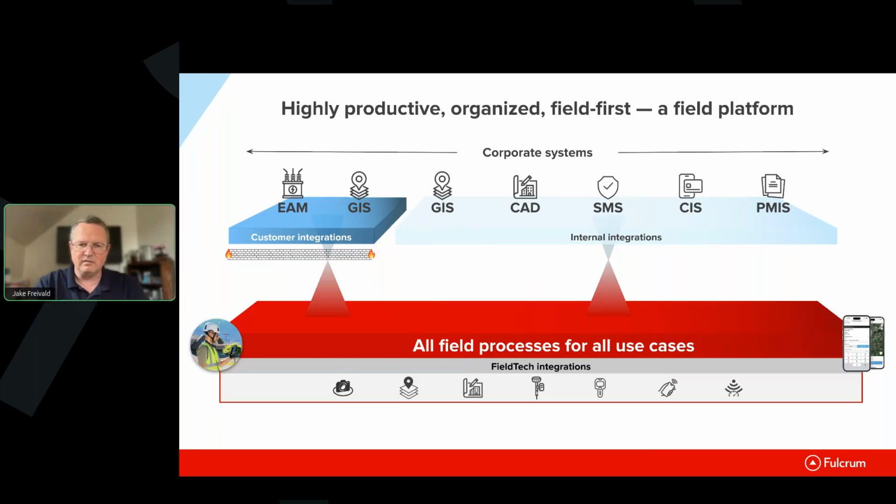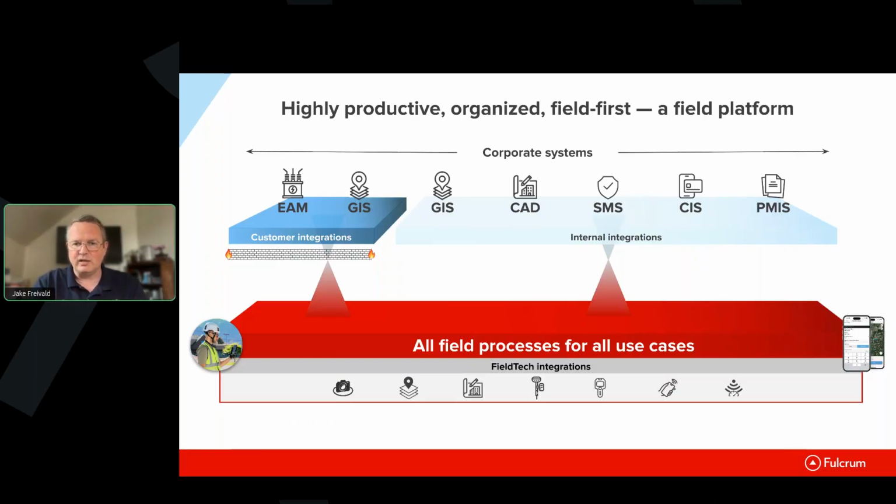All of the field tech hardware can be integrated into the platform itself, so you're not using multiple different clients, in other words, pieces of software on your phone. You're not using a lot of different interfaces that your field team has to learn. And when you package up the information to ship it off to the EAM or to the GIS, it's penetrating the firewall at one point, just through that platform. It allows you to handle credentials in a systematic and highly repeatable way, and you're able to push that information into those client systems in an appropriate way, using data that those client systems need.